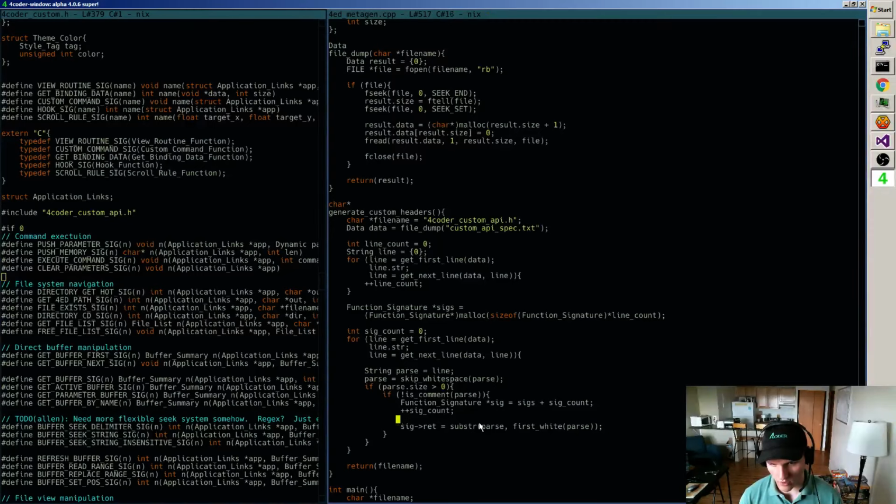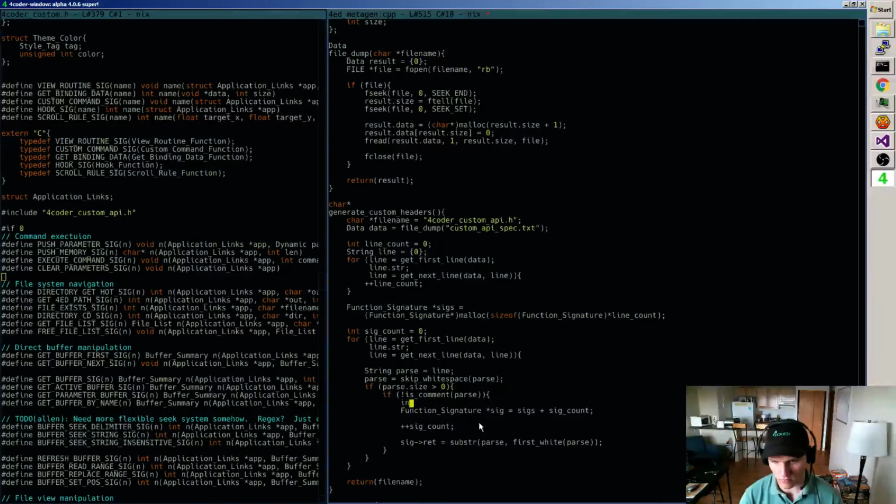And really what I should be doing then is putting on like a position thing here, where position will equal the first white of parse, and then I'll set the substring like so, and then we'll set, I believe that's the start position and then the length, and then we'll set parse equal to the substring of parse position.